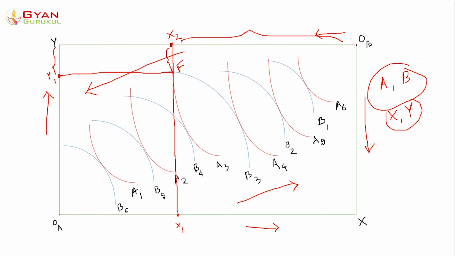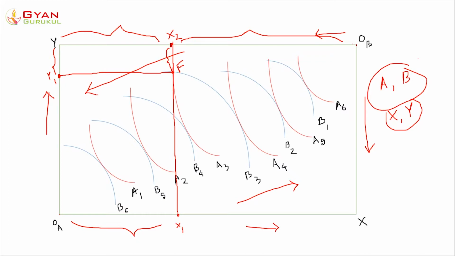From the amount of X, this much or this much, the difference is the same. X1 X and X2 OB, the difference is the same. You can see both the two curves are parallel and the difference is the same. You can either say X1 X or X2 OB. This much is going to consumer B. And how much of commodity X is going to consumer A? This much, OA X1, or you can say Y X2. This much is going to consumer A.